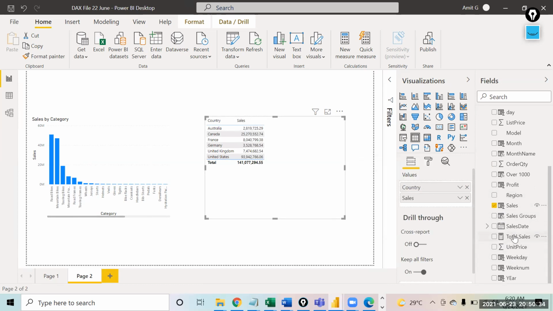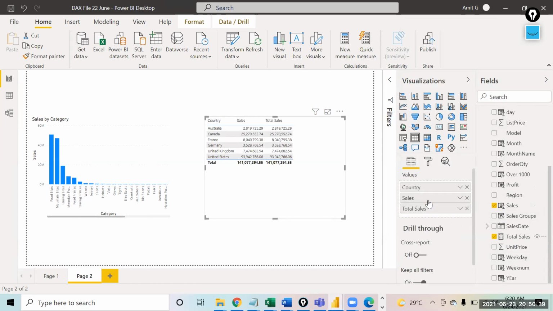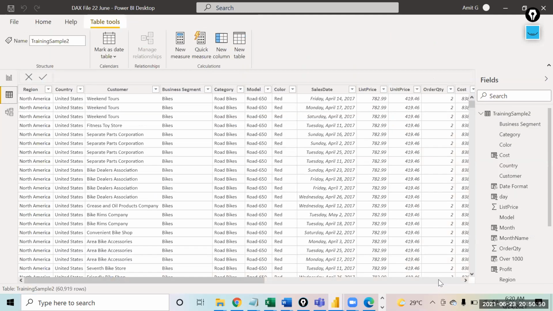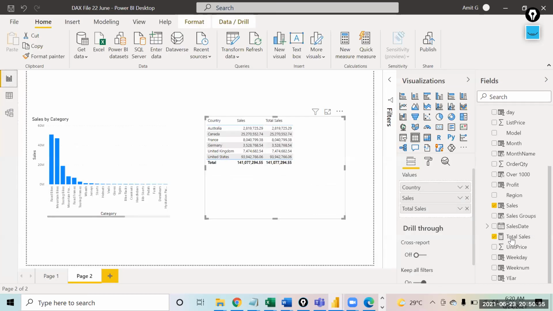But what I can also do is bring total sales in here. You see, total sales also gives me the same number, because that is a measure that I have created myself, where I am saying calculate sum of sales. When you make a measure, you will not see anything being created in the data model or this data view, because that is a calculation which is happening on the fly. So when you bring total sales in the chart, the total sales are getting calculated the moment the data comes over here. Getting it?